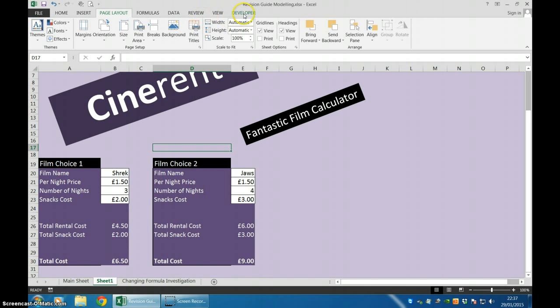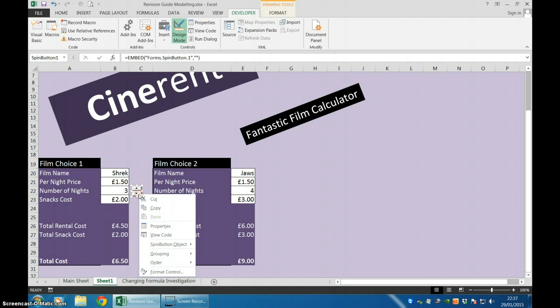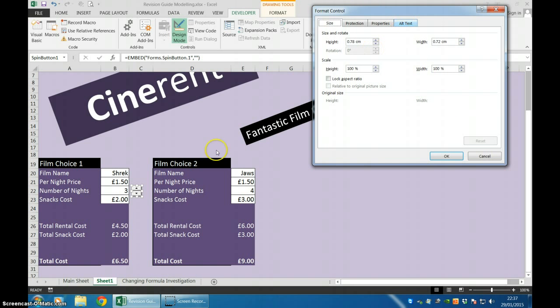Okay, then you go to developer, and we can now insert, and we're looking to insert this one here, which is a spin button, and I'll drag a spin button across there. It's not quite the right, that's a bit better. Hopefully it won't, that'll do for the moment. And then if you right click on the spin button, look at format control, and we can then